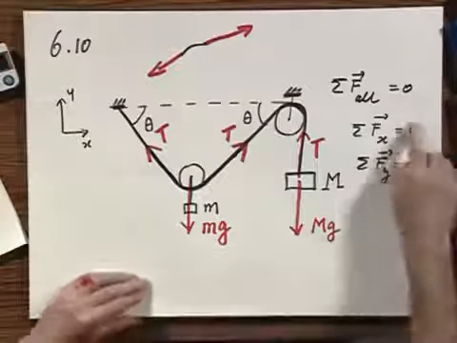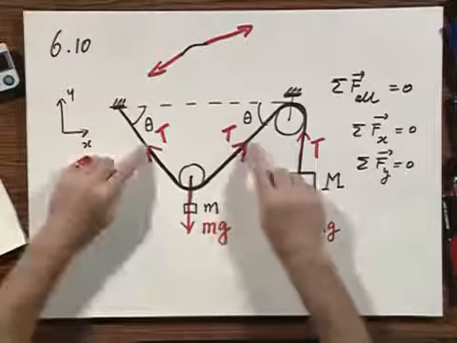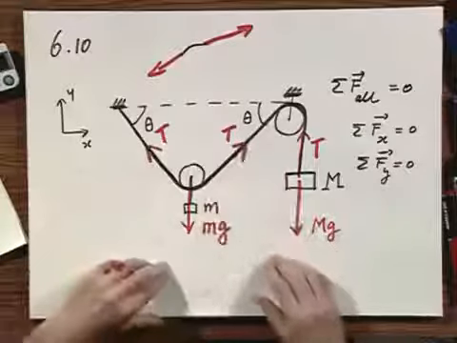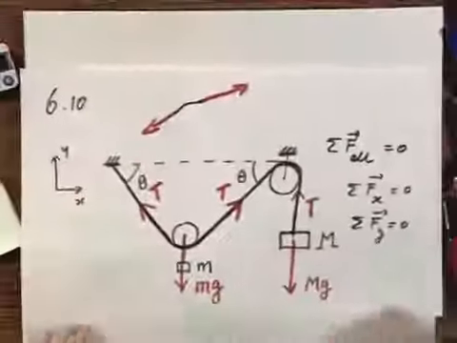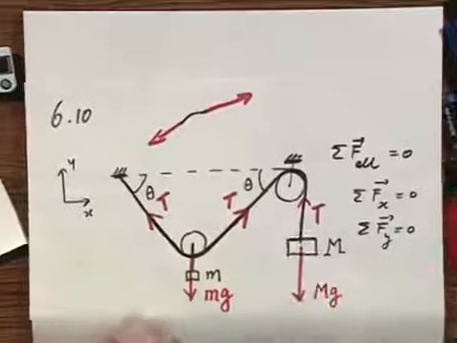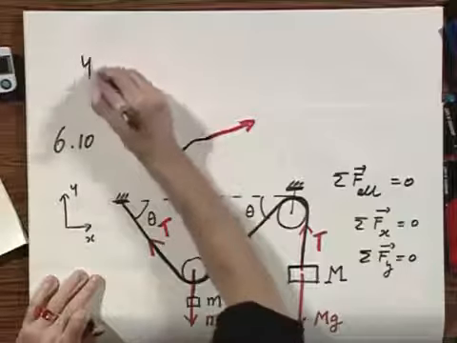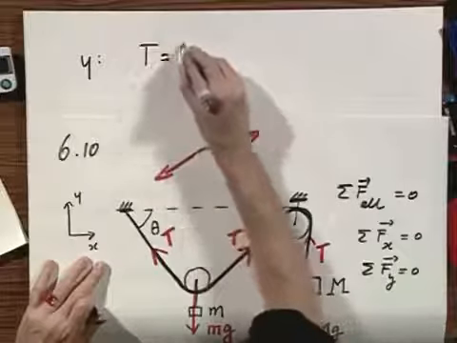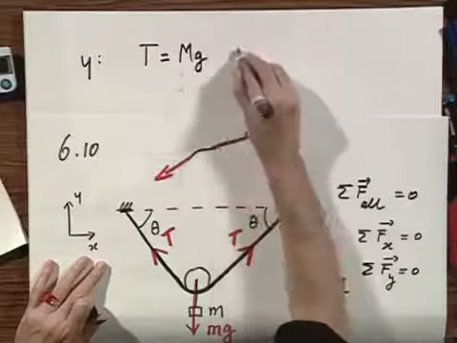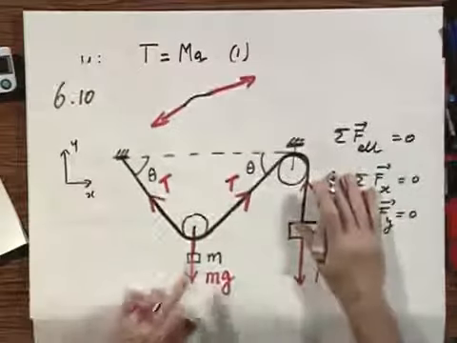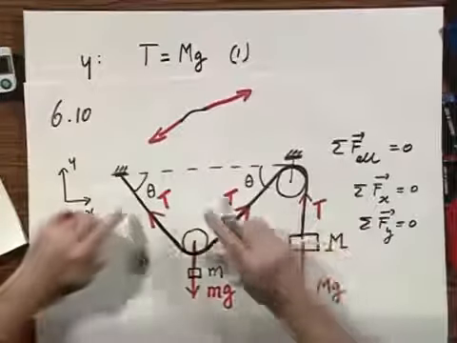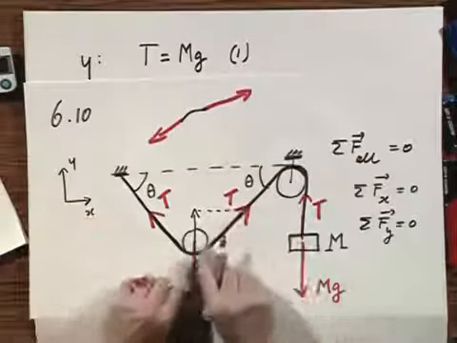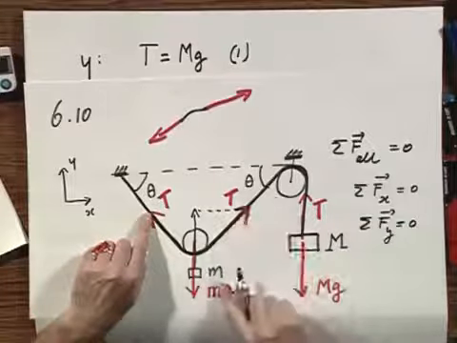Now the sum of the forces in x directions are immediately 0. I don't have to demonstrate that to you, because these are the two horizontal components of T. It's clear that they immediately cancel each other out. But now in the y direction. In the y direction, T must be equal to Mg if we have equilibrium. So that's 1. And for this one, the vertical component of these two tensions must exactly cancel out mg.